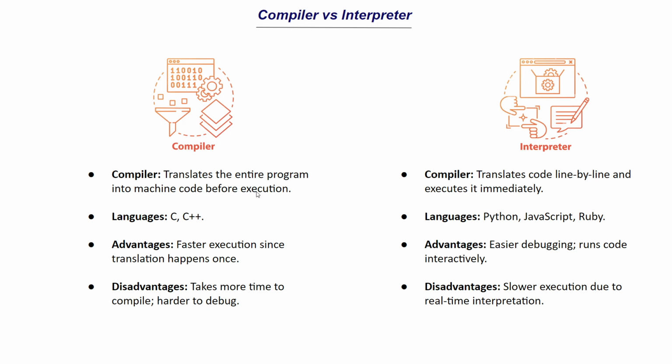In the case of a compiler, it's going to translate the entire thing and run it all at once. But in the case of an interpreter, it's going to do this translation and execution line by line. That's the main difference. Examples of compiler based programming languages are C, C++, and for interpreter based languages, we have Python, JavaScript, Ruby, and so on. There is an interesting point here. Java is a mix of both. The execution of a Java program is partly compiler based and partly interpreter based, where it has a compiling phase and an interpreter phase. But let's not go there. You can just have a simple understanding of compiler and interpreter for now. So that's fine for now.